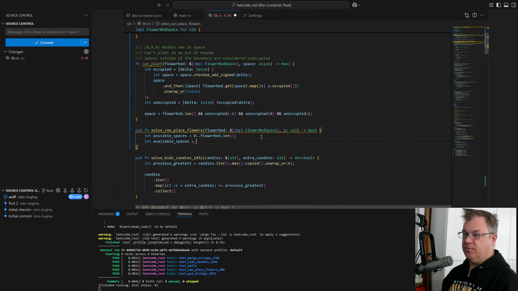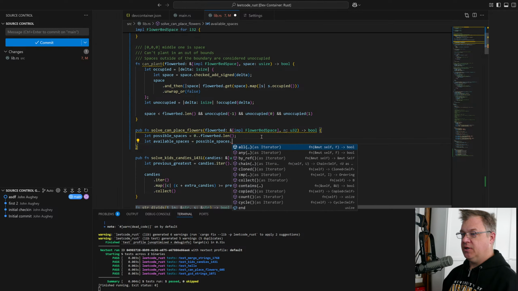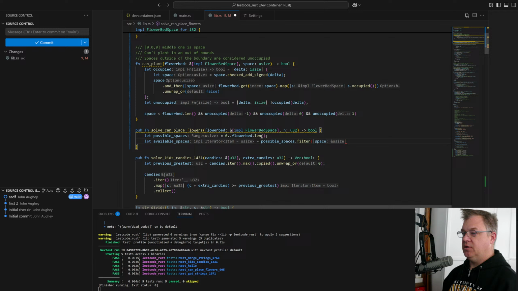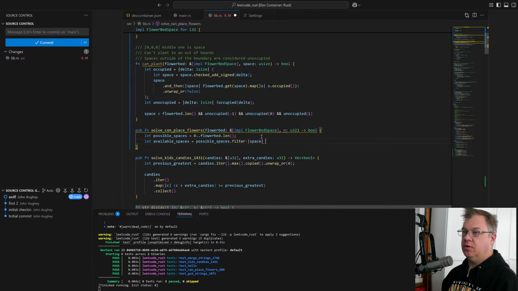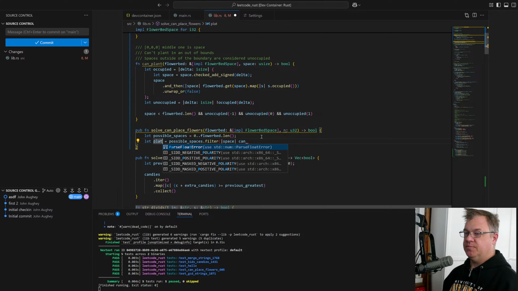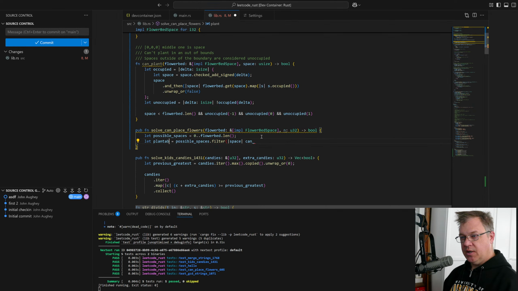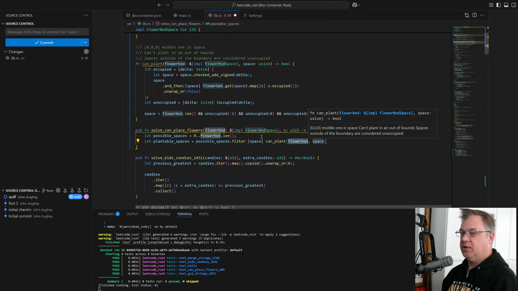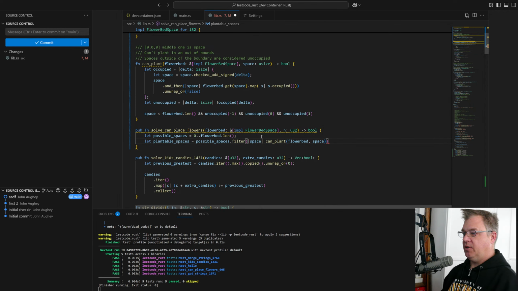The available spaces are going to be possible spaces filter space, right? Yeah, where, let's call this plantable spaces. The plantable spaces are going to be the spaces where we can plant in our flower bed at that space.